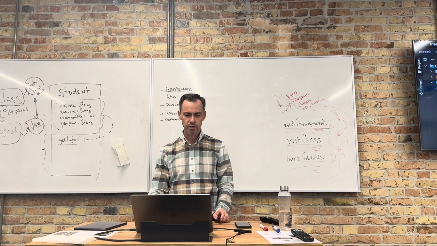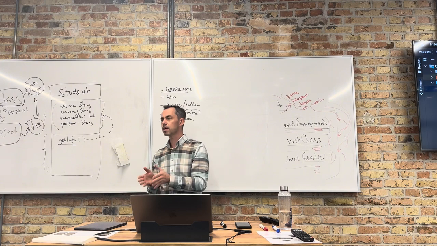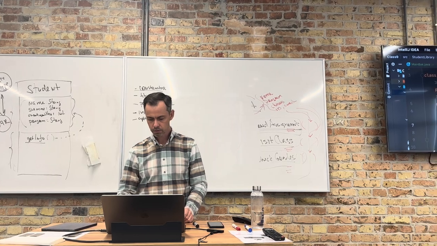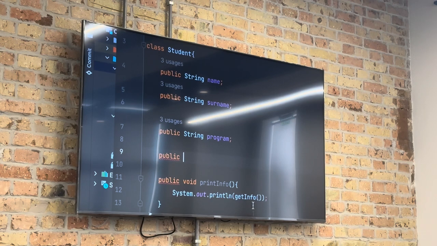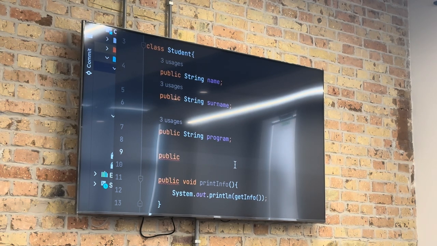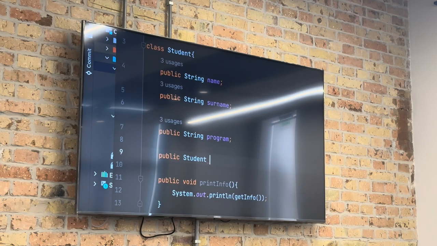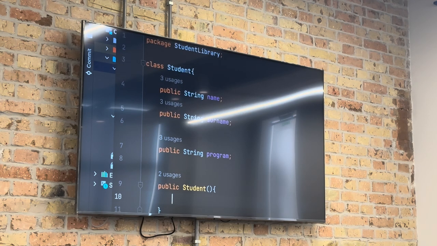Syntactically, constructor is a method with the same name as our class. So what is the name of our class? Student. So if we create a method, but regarding the signature, we have no return value. We just create this signature, public, and then Student. And this is it. So you see Student here, and just the same method without